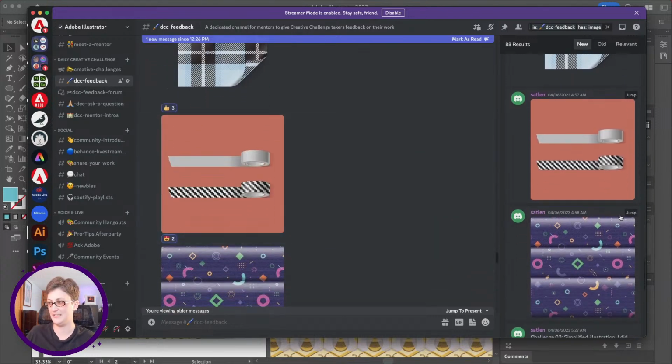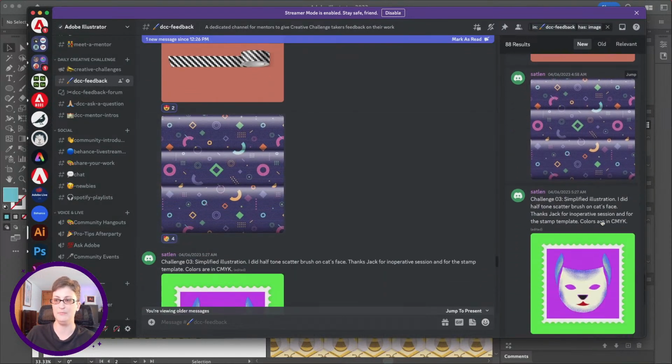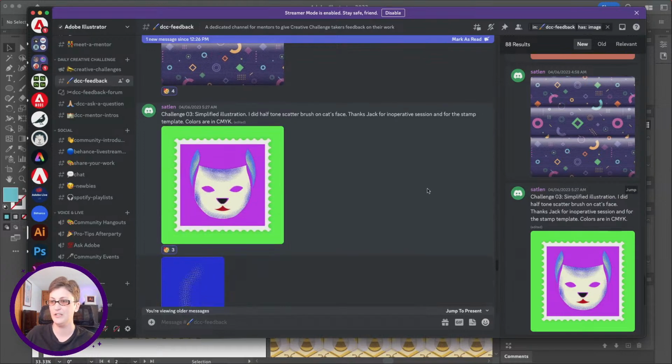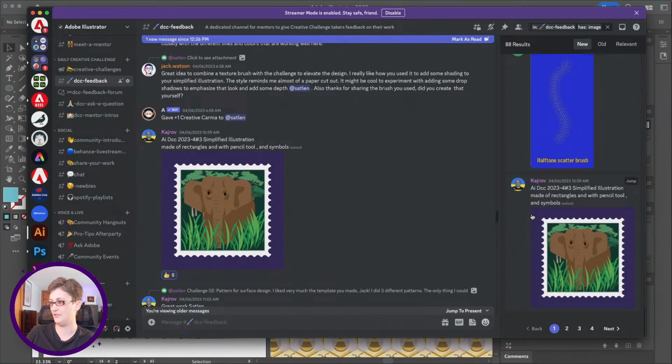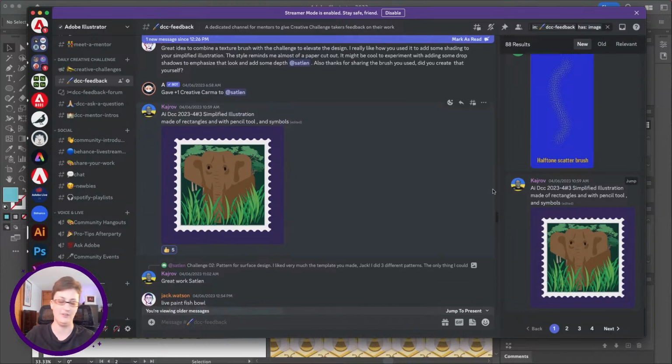More of Satlin's. Yeah, Satlin did a great job on these patterns. I really liked them. Satlin also did an updated version. Let me see if I can scroll down to it, that I want to take a look at, that has some drop shadows and stuff on it. So